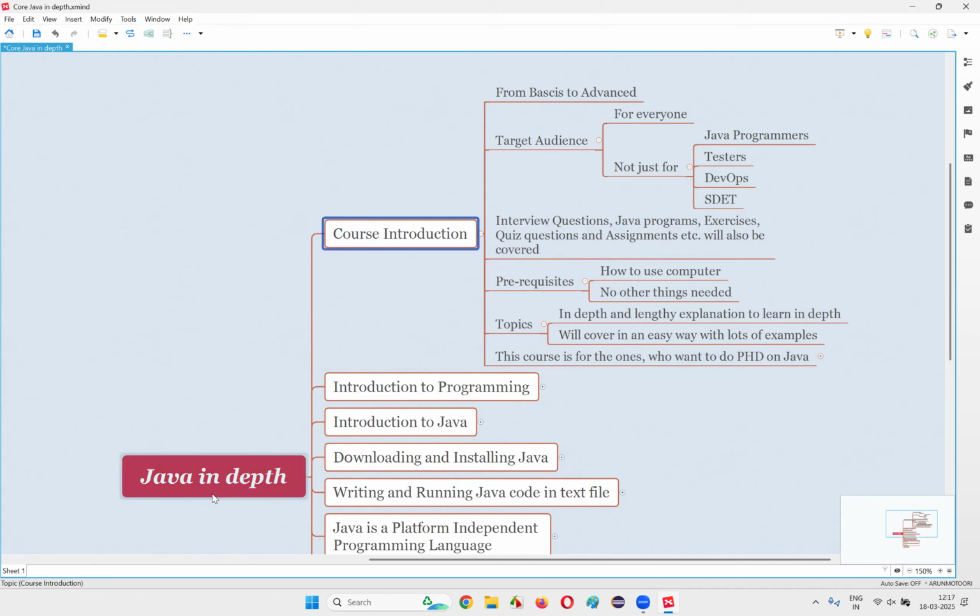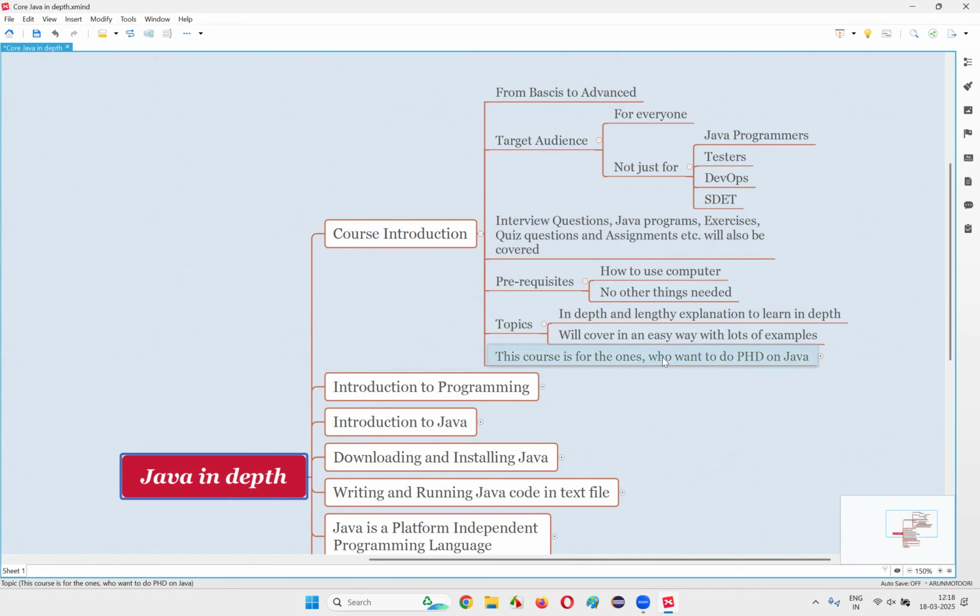I am saying that this course is only for the people who want to learn Java to an extreme level, in depth. Okay, that too in an easier manner. The easiest manner possible, in depth. For those who want to learn Java, this course is for you. For the kind of people who are very curious to learn a lot of things in Java, not just the basics of Java. Even the people who claim that they know the advanced topics of Java can also go